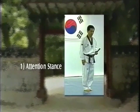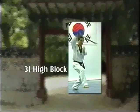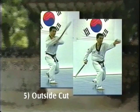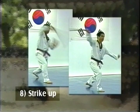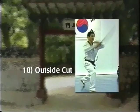중봉 3형 begins with attention stance, then ready stance, then high block by positioning your left hand in the middle of your body, then inside cut in approximately 45-degree angle, followed by outside cut, then thrusting to the neck, then cross high section block, then striking upward, and then inside cut, which is inward approximately 45 to 60-degree angle, then outside cut,